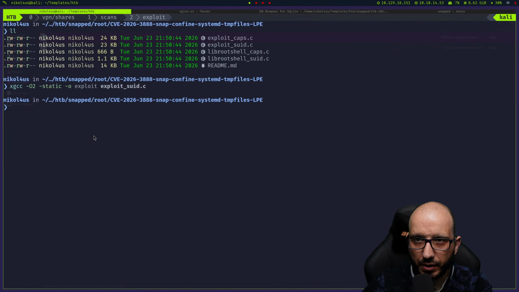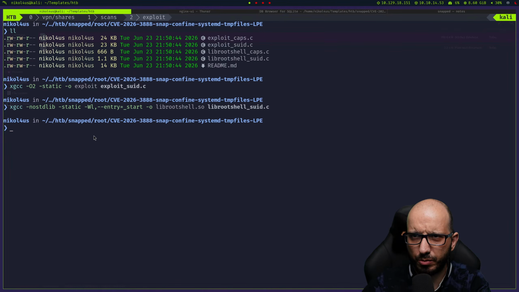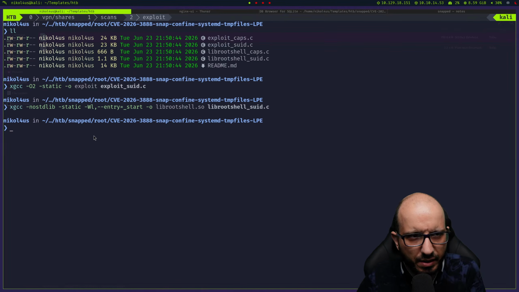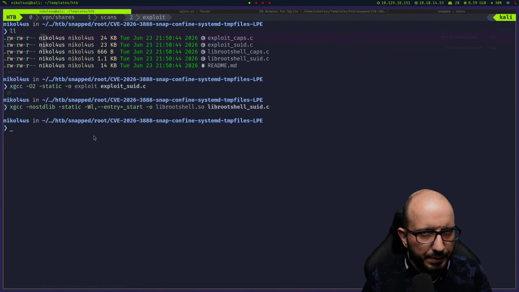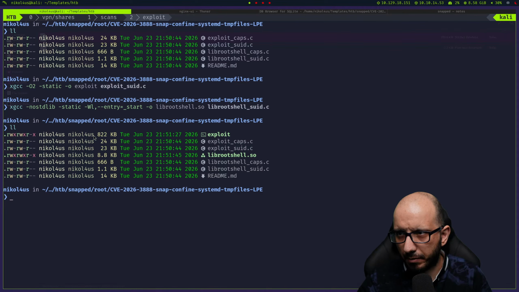And again, I'm putting the X inside of it because I use a cross-platform GCC compiler because I'm on an ARM64 architecture. For your case, should be just fine with a GCC binary. If you are on a Mac and an ARM Kali version, you should install the cross-platform for that. Cool. Exploit and